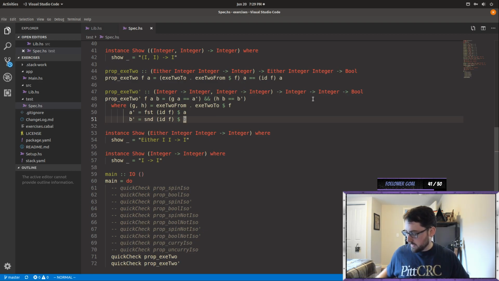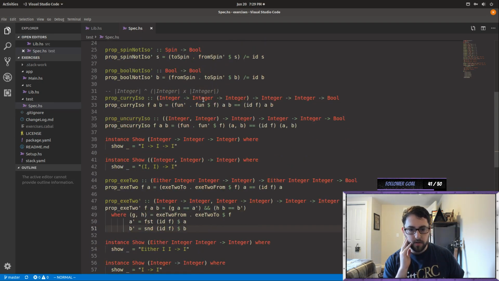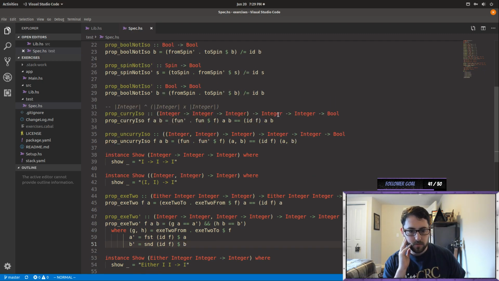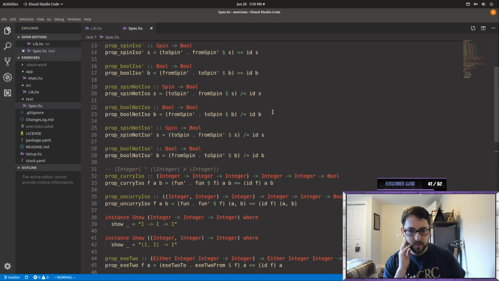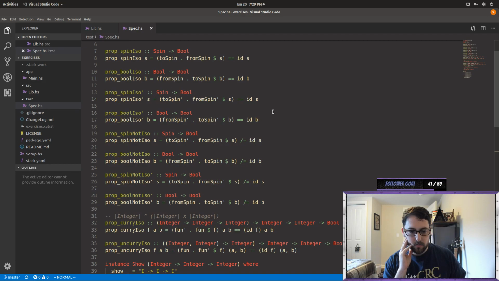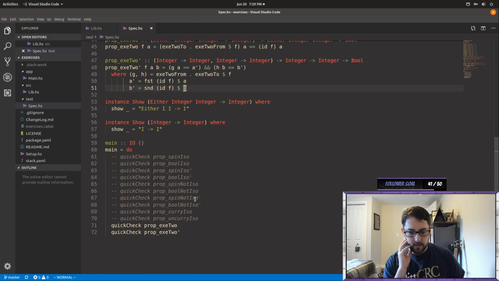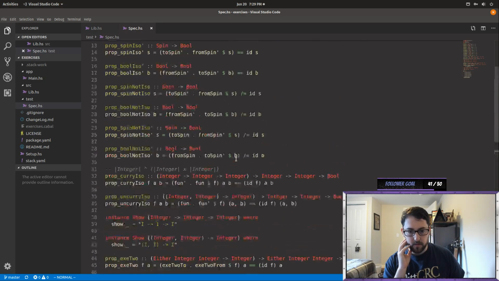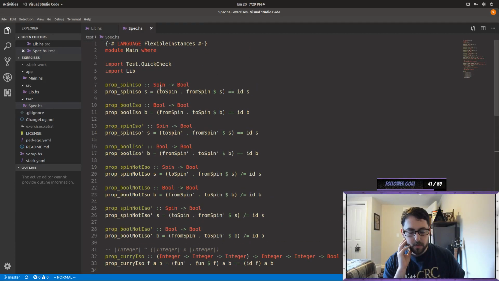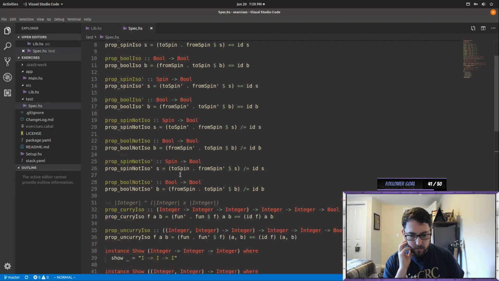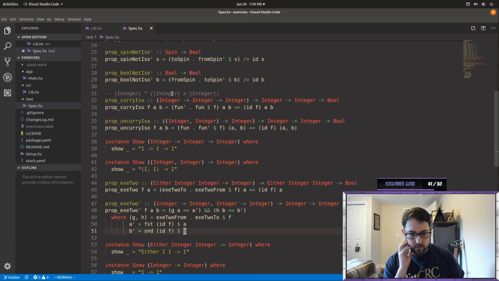First thing we want to do, I think, is just go back and fix this code where we replaced all of these integers. We should make them generic and then specialize the type down here. So we're just going to start from the top. These ones are not going to change, but these ones are technically